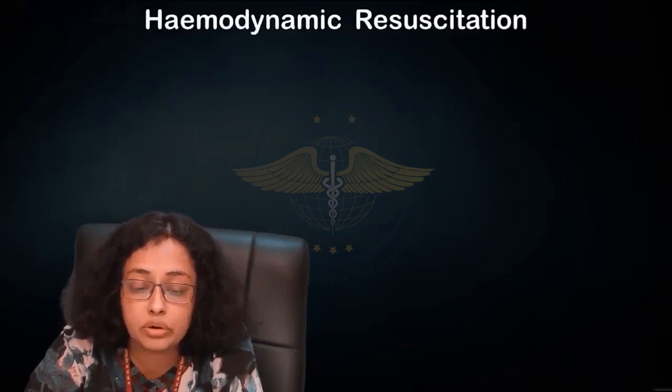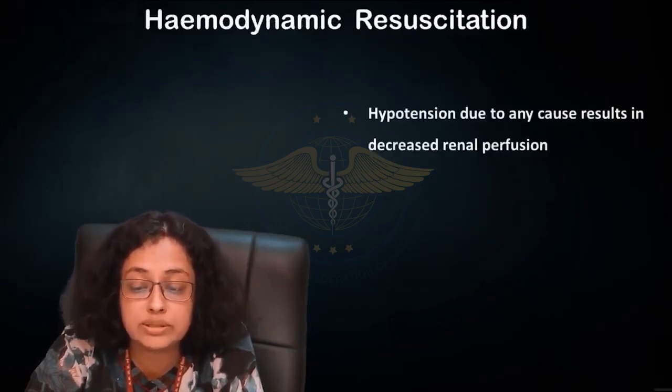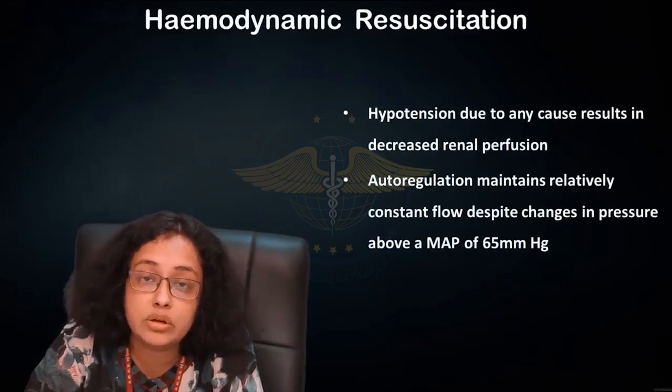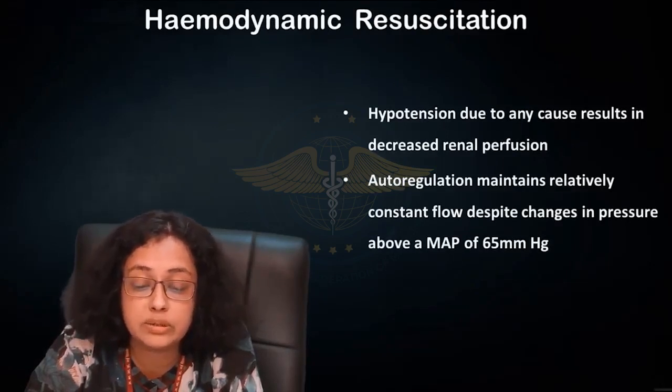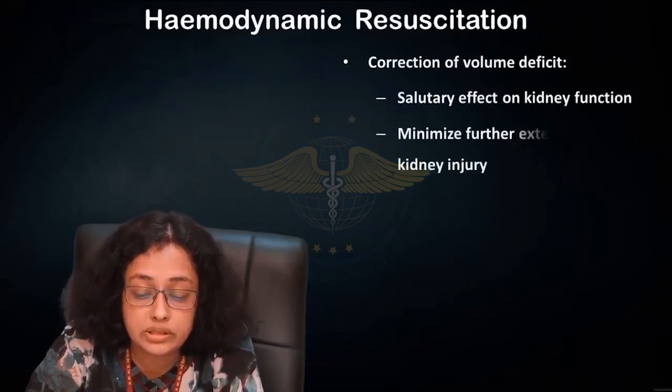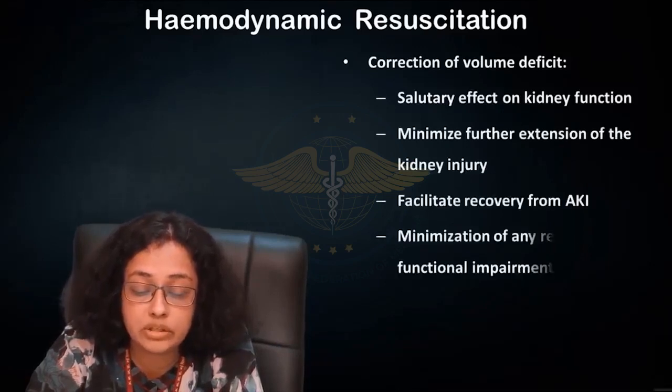Hemodynamic resuscitation is important. Hypotension due to any cause results in decreased renal perfusion. Autoregulation maintains relatively constant renal perfusion despite changes in blood pressure down to a mean arterial pressure of 65. Below that, renal perfusion is impaired. So correction of volume deficit is essential to minimize further extension of the kidney injury and facilitate recovery of the